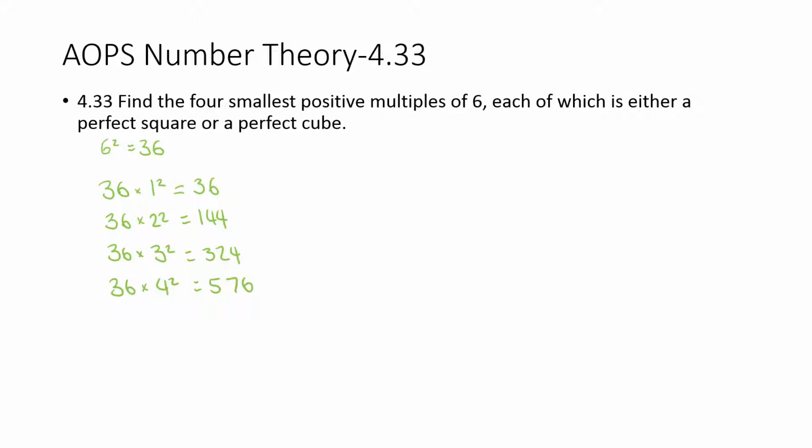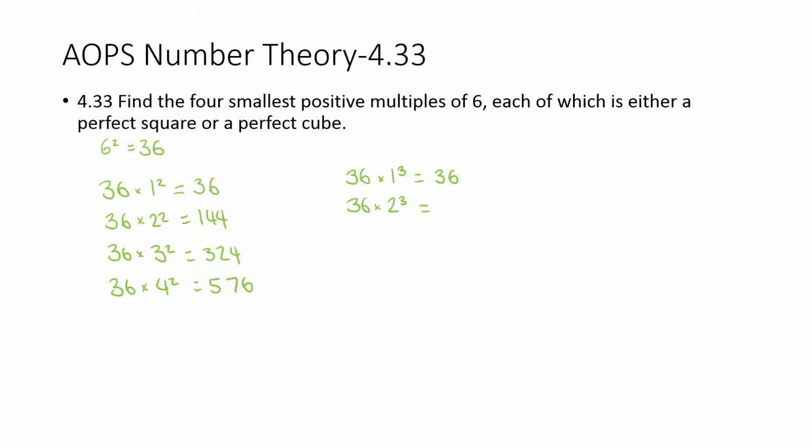And then to see which one, because something cubed might be bigger or smaller than one of these squared, 36 times 1 cubed is equal to 36, and if you do 36 times 2 cubed, that's equal to,